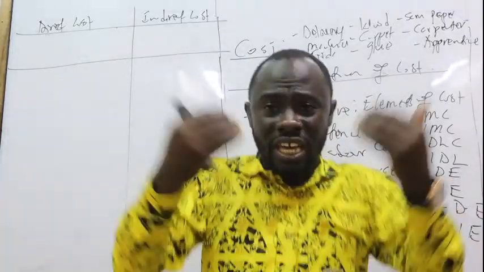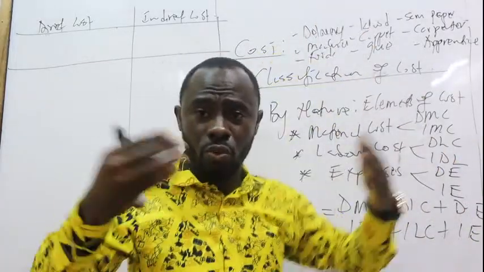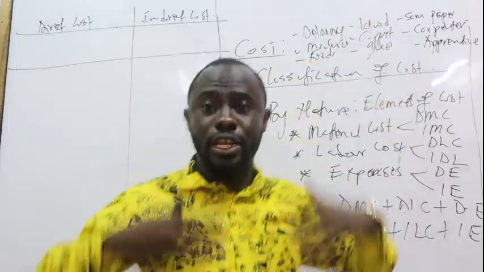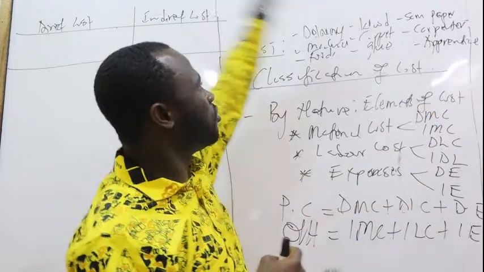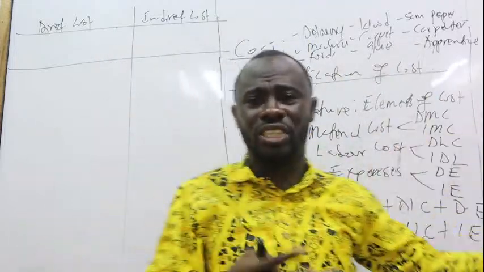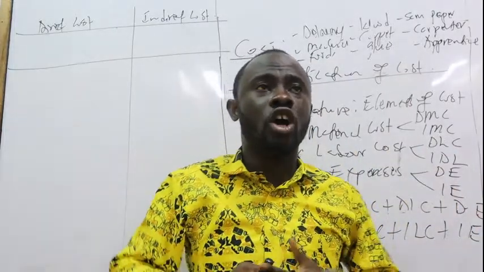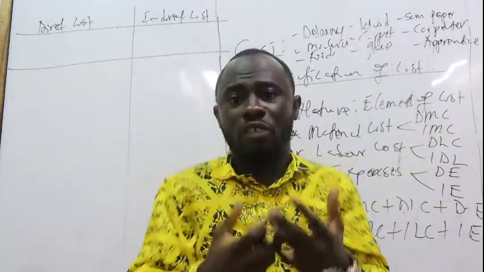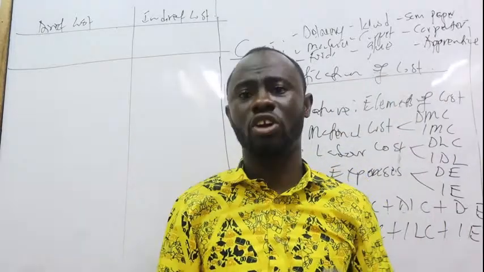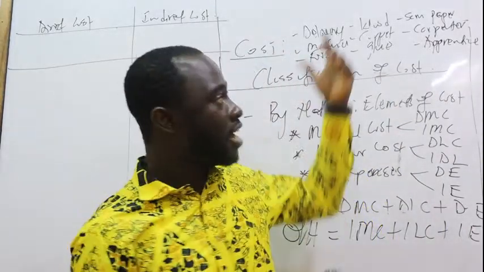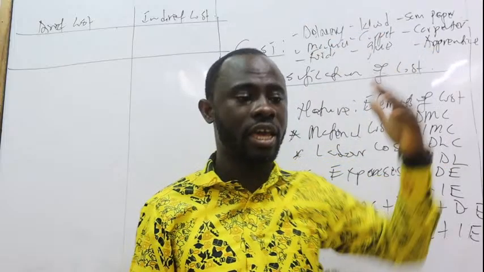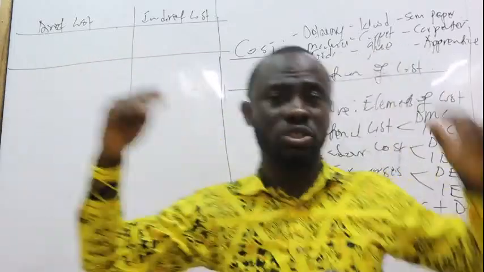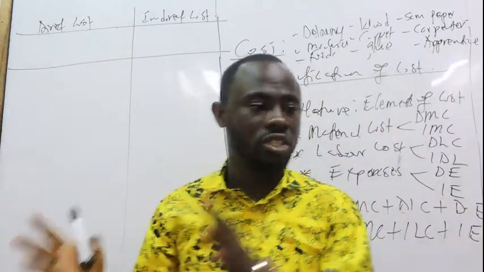Why is that? Because we can determine the kind of material we want to use. We can determine how much we want to pay for the carpet. We can determine the glue. But when it comes to issues like electricity, delivery, and all those things, they are not that huge an aspect of our cost. So we may not be able to control them that much in the reduction of the cost that we are incurring. But the direct costs, because they are huge, because they are big, we're going to be looking at them and controlling them as well. So that is what you need to understand when it comes to some of the differences between the direct cost and indirect cost.